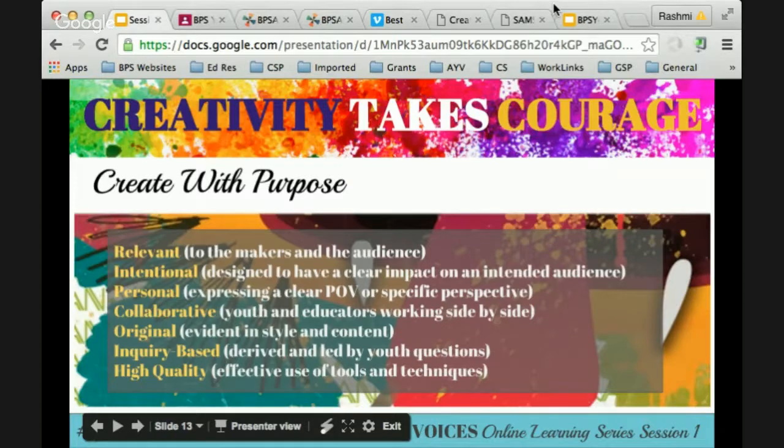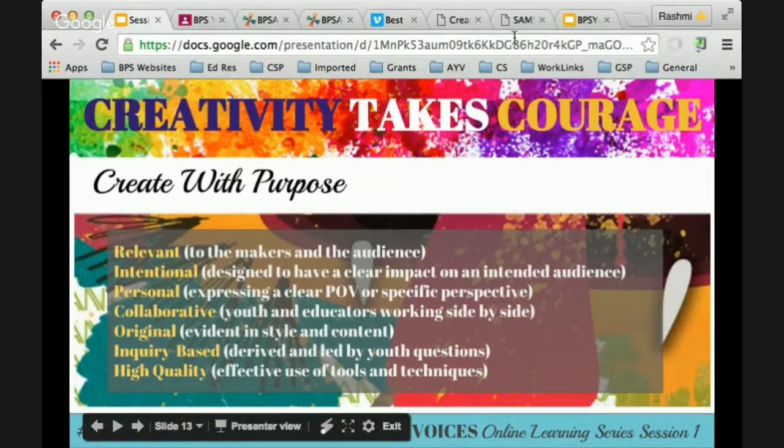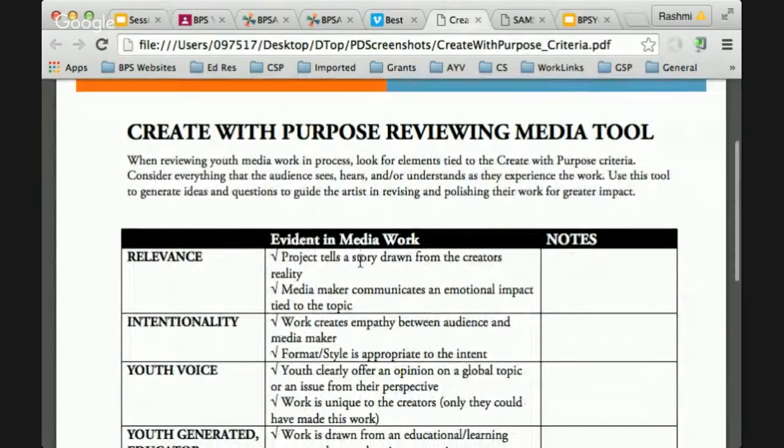we are going to quickly take a look at the Create with Purpose criteria, which is the lens and also the guiding principle for any of the BPS Youth Voices media projects. So relevant, which means it is relevant to the makers and to the audience. Instead of going through this criteria, I'm going to quickly jump to the Create with Purpose reviewing media tool that gives you the framework within which these terms are placed and what the key questions are. So when we look at relevance, the evidence in media work that we're looking for is that